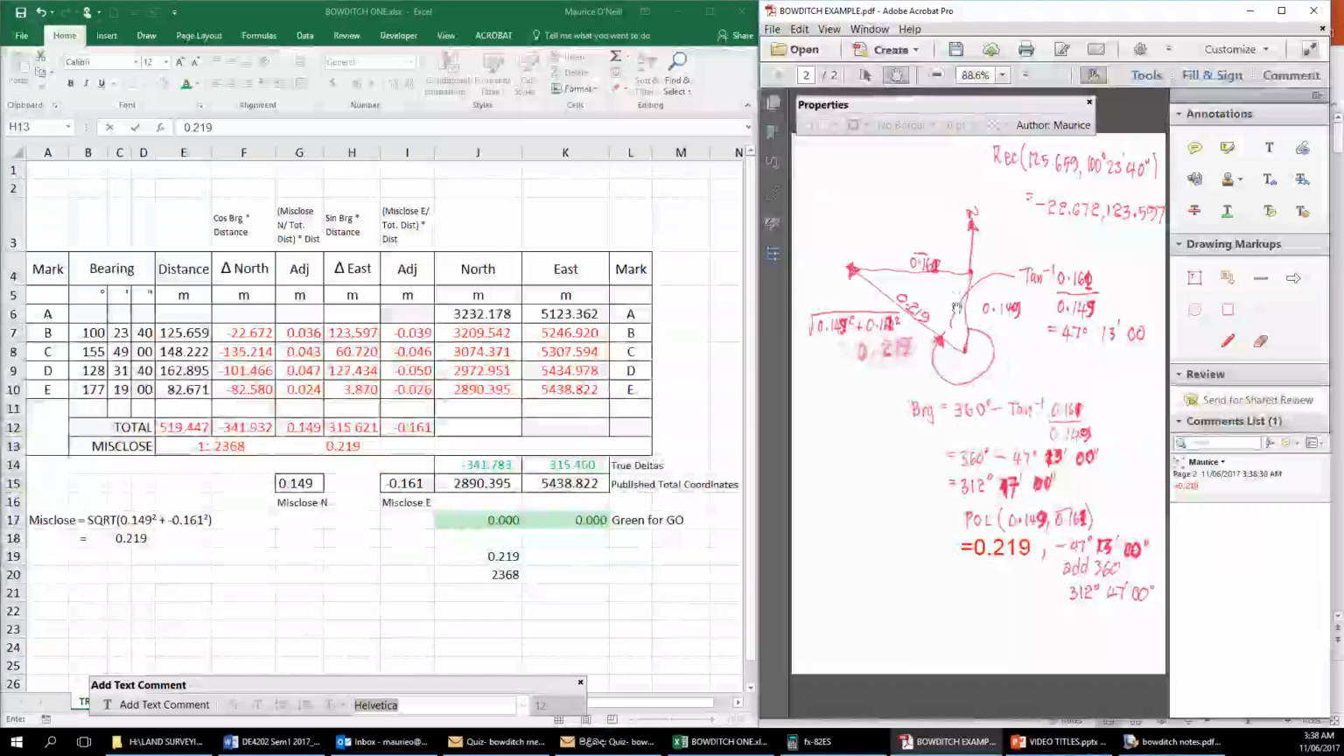All right, so the bearing is always measured clockwise from north. So this is the bearing here, okay, and obviously the angle that we can calculate is this one here, tan to the negative 1, 0.161 opposite over the adjacent 0.149, and we work that out, and that's 47 degrees 13 minutes. Okay, and then we've got to take that away from 360 to get the bearing, and the bearing is 312 degrees